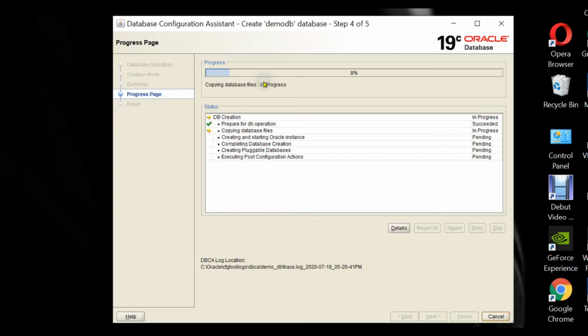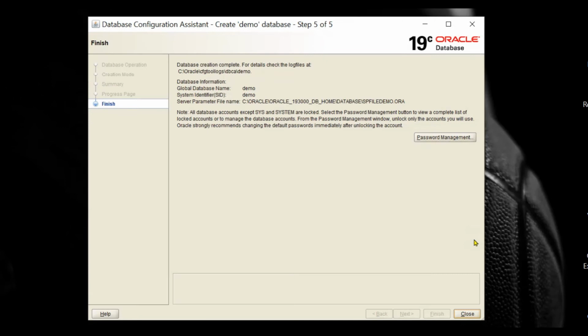So last time when I did it, it was around an hour. So I'll be just skipping this part and I will come back when the process has been completed. So see you in that part. So guys, with this, our configuration and creation of the database has been completed. As you can see over here that it has been written that it has been completed.